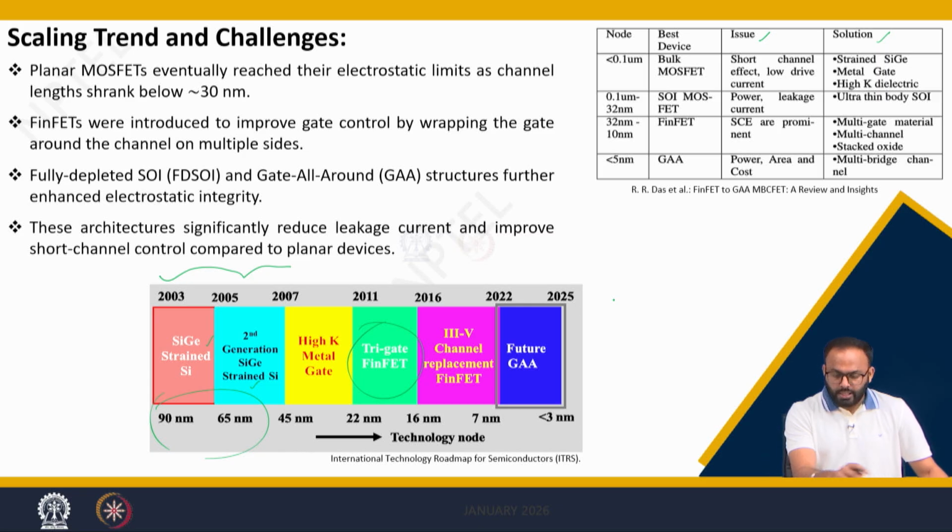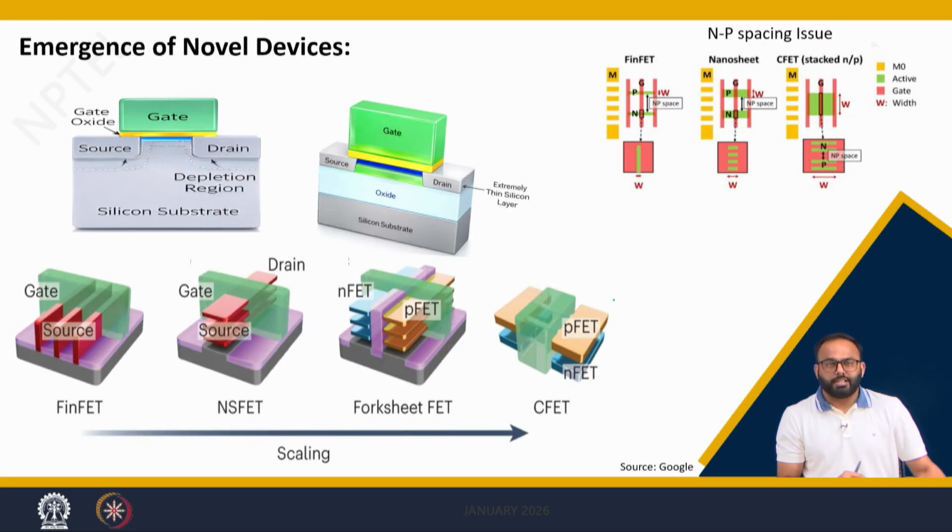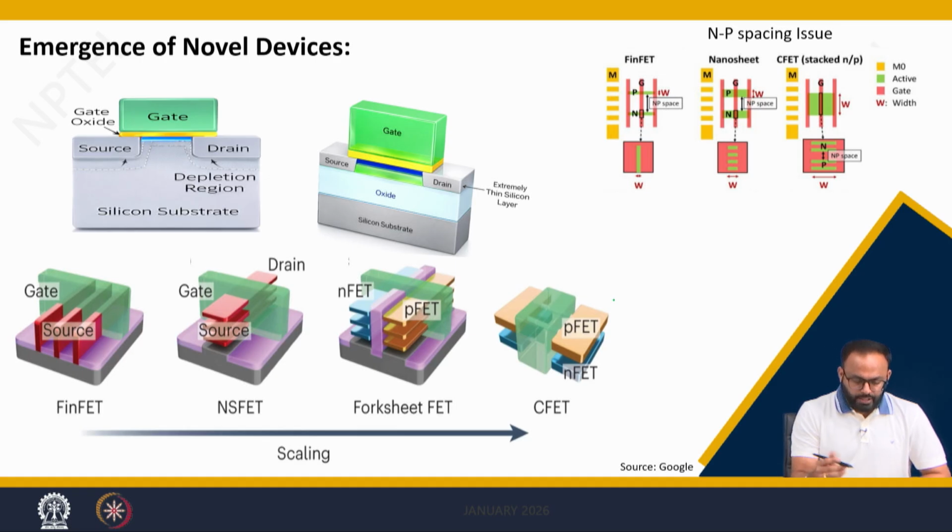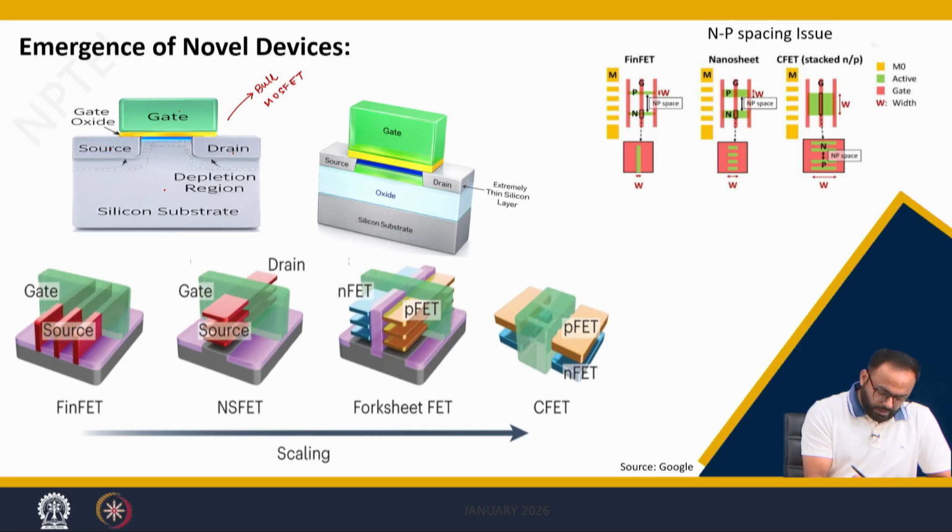Likewise, this complete modern scaling will give you the emergence of novel devices. So, I am not going to discuss in detail, but let me introduce some of the novel devices which actually govern the semiconductor industry nowadays. This is the bulk MOSFET, what we have discussed so far, where this is source, drain, gate, and this is the substrate or body. The control of the gate over the channel charge is only from one side,